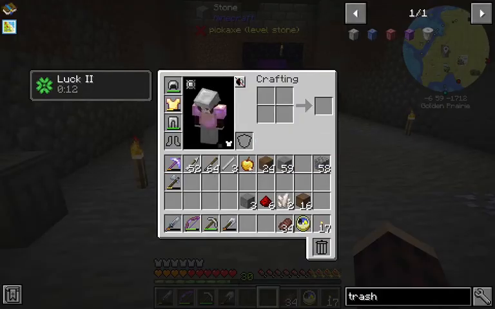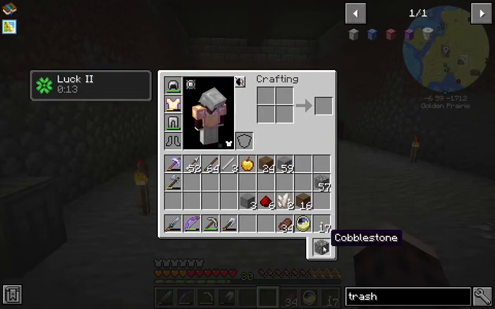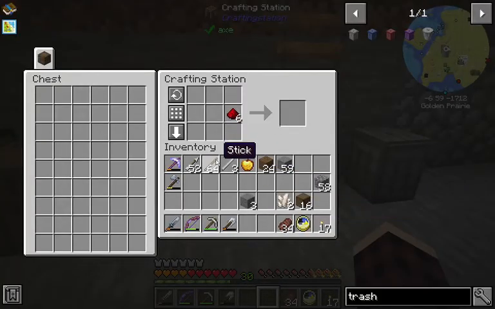We don't have trash slot mod. Oh, yes, we do. Oh, I feel silly now. You can just see if we can throw it in there. No, it just kind of stays in there. Okay, I don't know how the trash slot works. Anyway, we're going to go ahead and make our drawer controller,